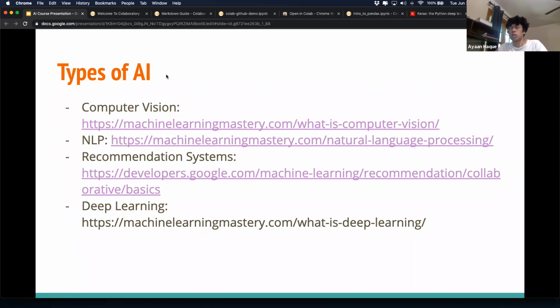I'm not sure what math you guys are taking, but if you've taken algebra 1, it's basically a line of best fit. And if you ever use Desmos, the line of best fit in Desmos is very similar to that, but you would actually build it yourself and specify it on your data. And then deep learning, we'll cover it more next class. Deep learning is just another subset of machine learning.